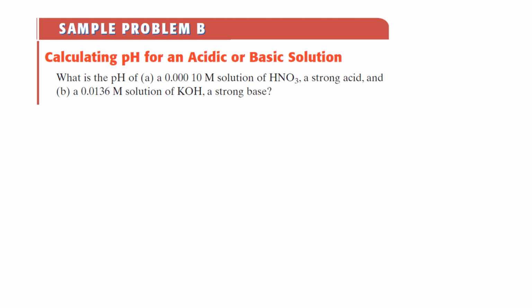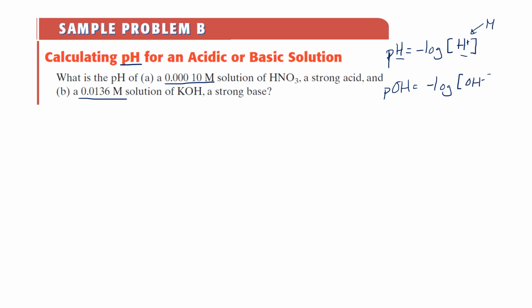So here, let's do a sample problem directly out of the book. In this set, it wants to find the pH, and it gives us concentrations, right? Molarity, concentrations. How thick is it? So the equation here is negative log. pH is equal to the negative log of the hydrogen ion concentration, right? The molarity, this is going to be our molar hydrogen ion concentration. On the same token, pOH is going to be the negative log of the hydroxide ion concentration,